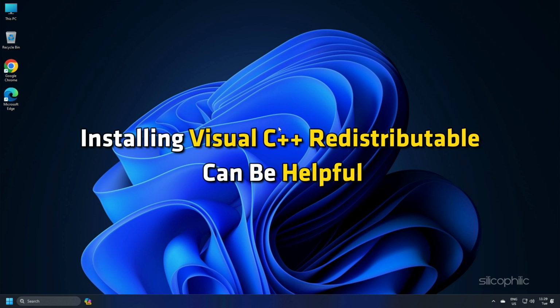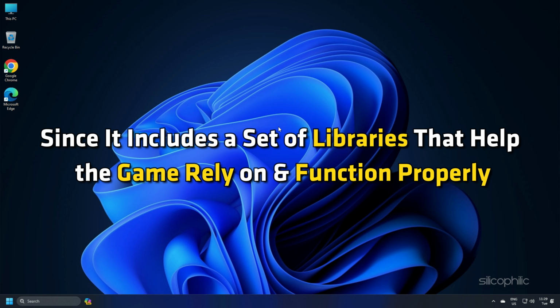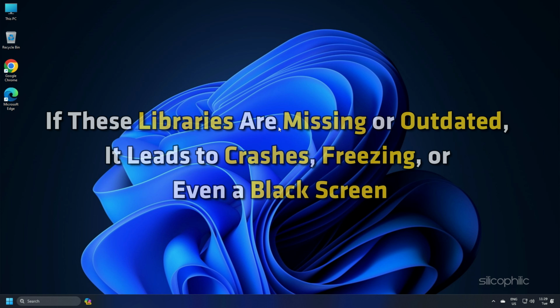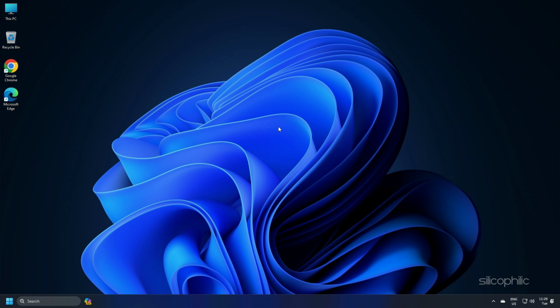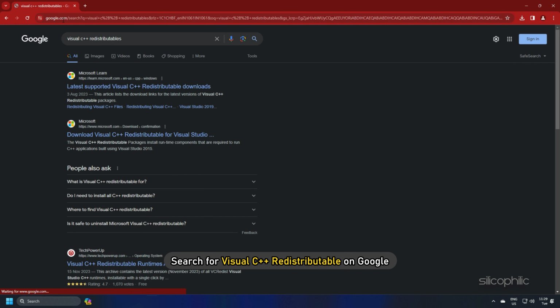Installing Visual C++ Redistributable can be helpful since it includes a set of libraries that the game relies on to function properly. If these libraries are missing or outdated, it leads to crashing, freezing, or even a black screen. To install Visual C++ Redistributable, search for Visual C++ Redistributable on Google.